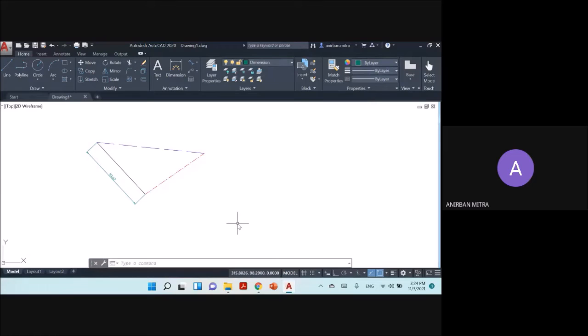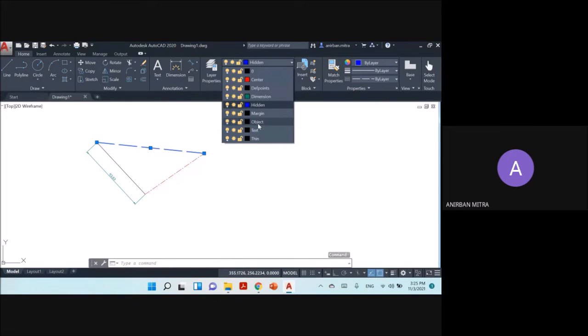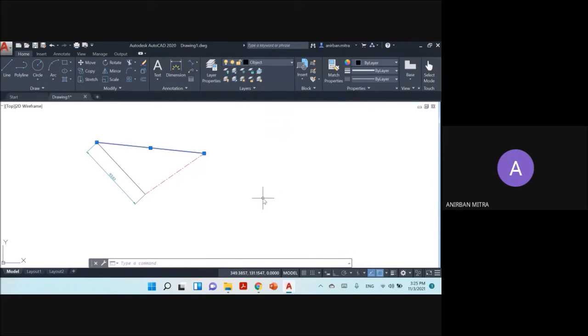Suppose you have made a mistake, that obviously for this triangle these two sides should be in object layer, but by mistake you have made them in hidden layer. So nothing to worry about. You can just simply select this and change it from here, change it to object. And you can see that it has gone to object layer.